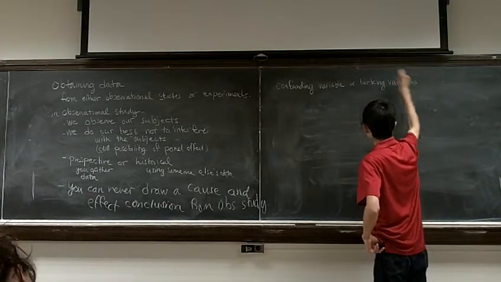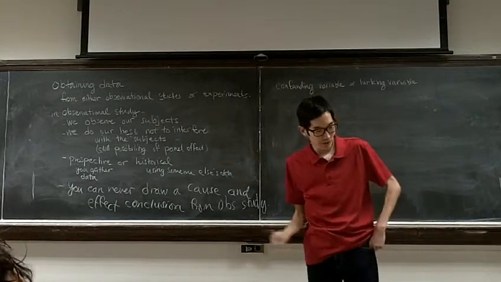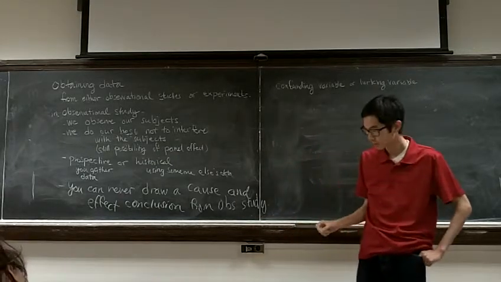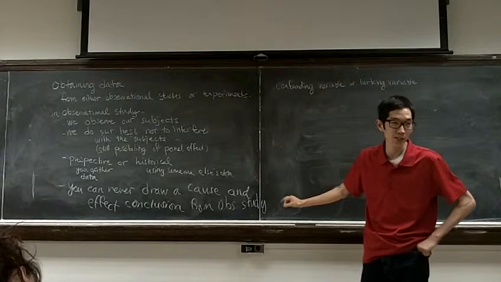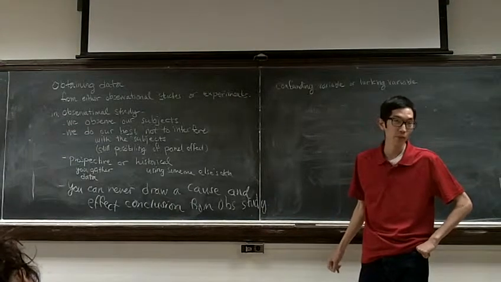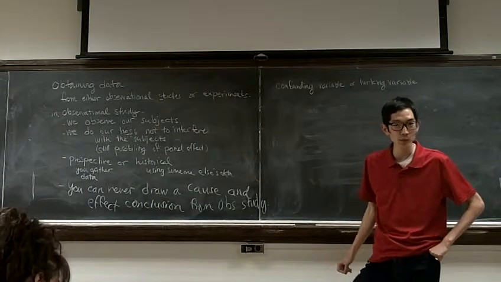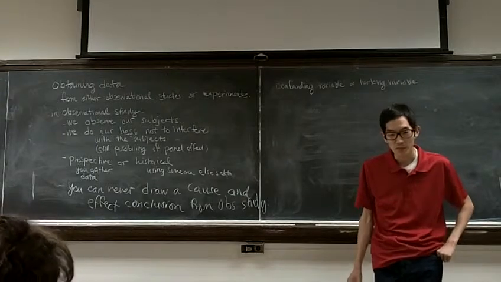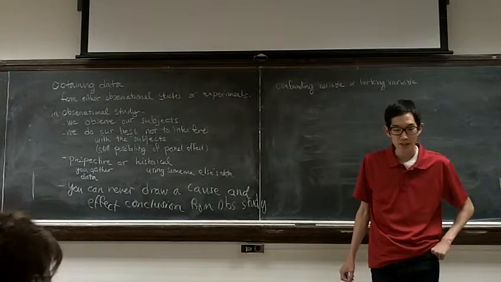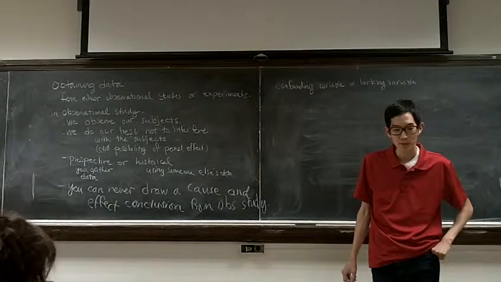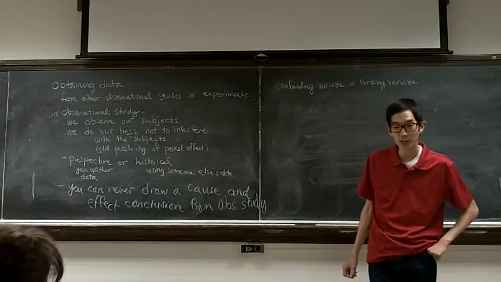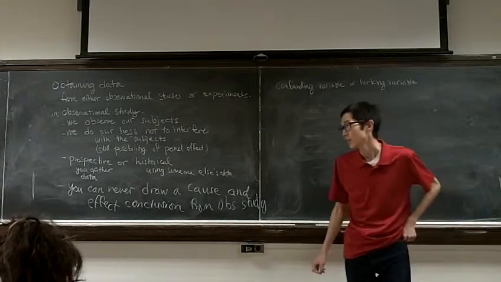They're different things. But lurking variables, basically, if we did an observational study and we just went around to different places of the world and we looked at, let's say, infant mortality